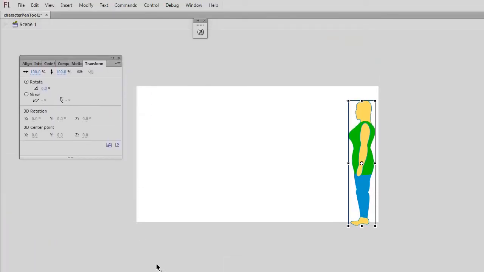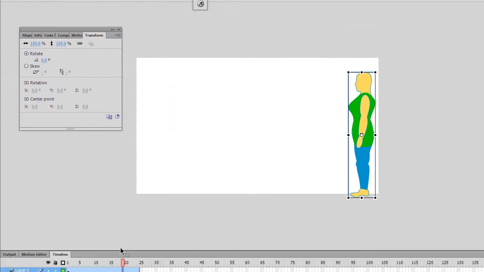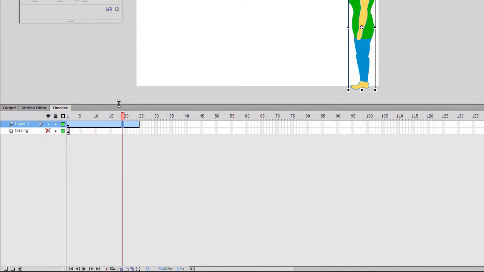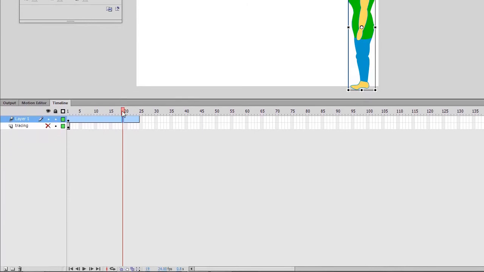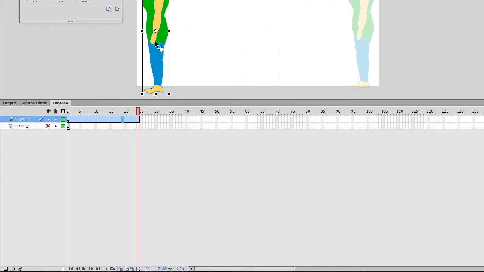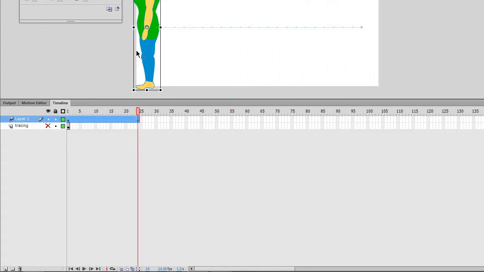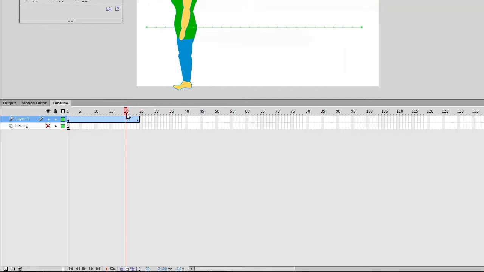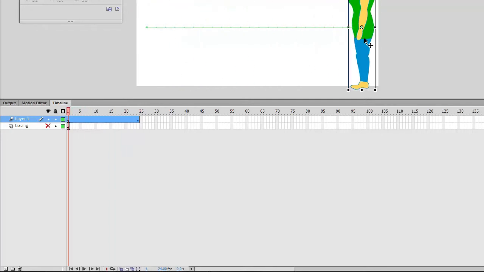I'll then need to bring the timeline a bit closer, and move the character at the end of that sequence of frames to the end of the stage. So now we've just got a lateral tween,